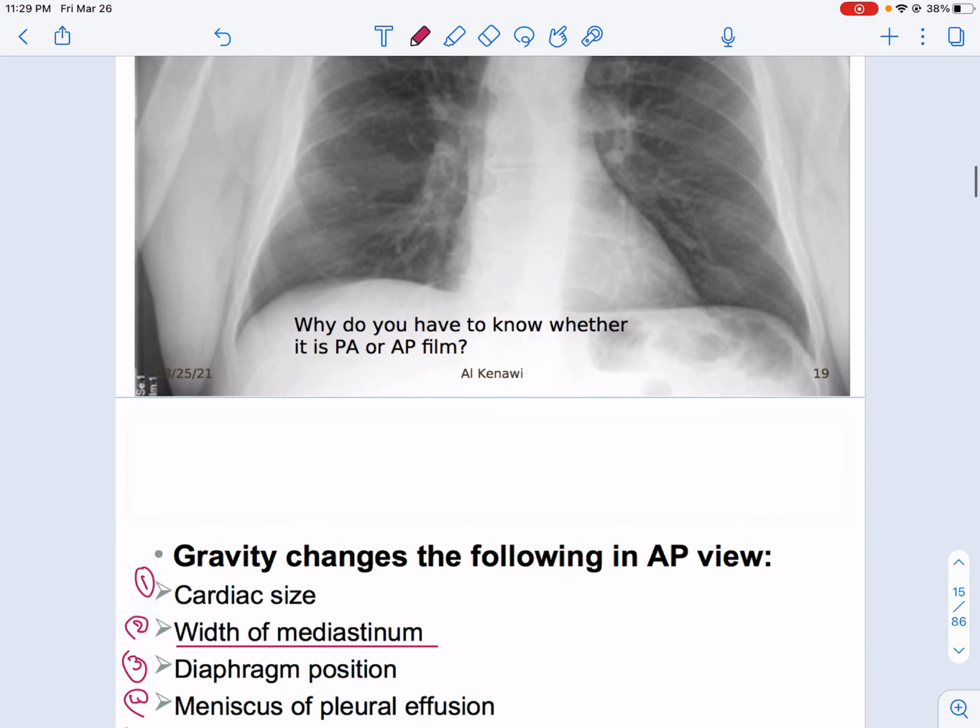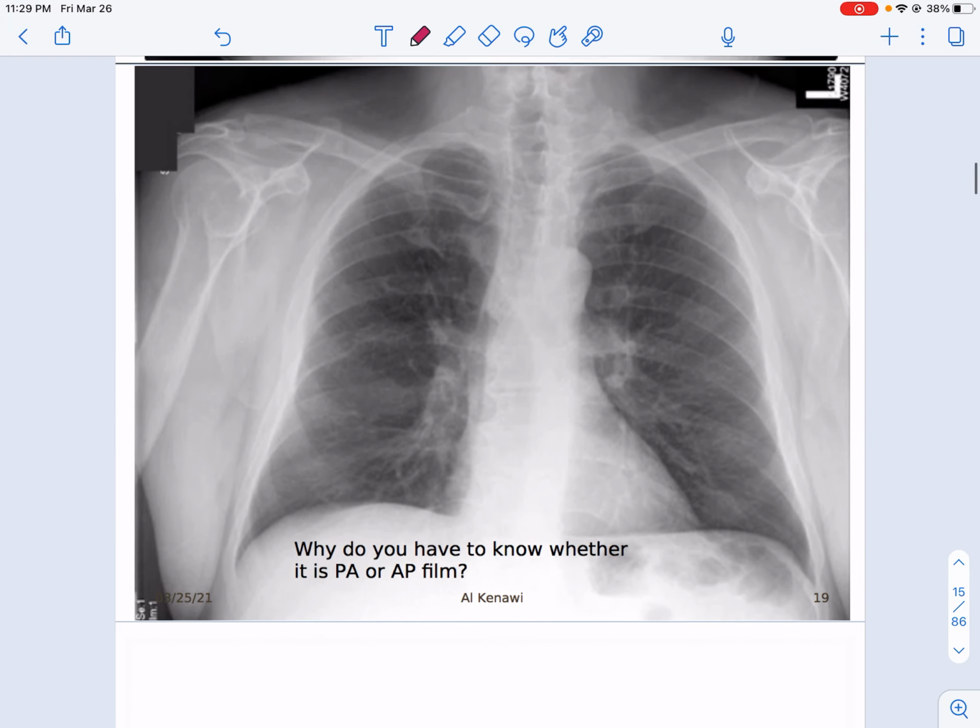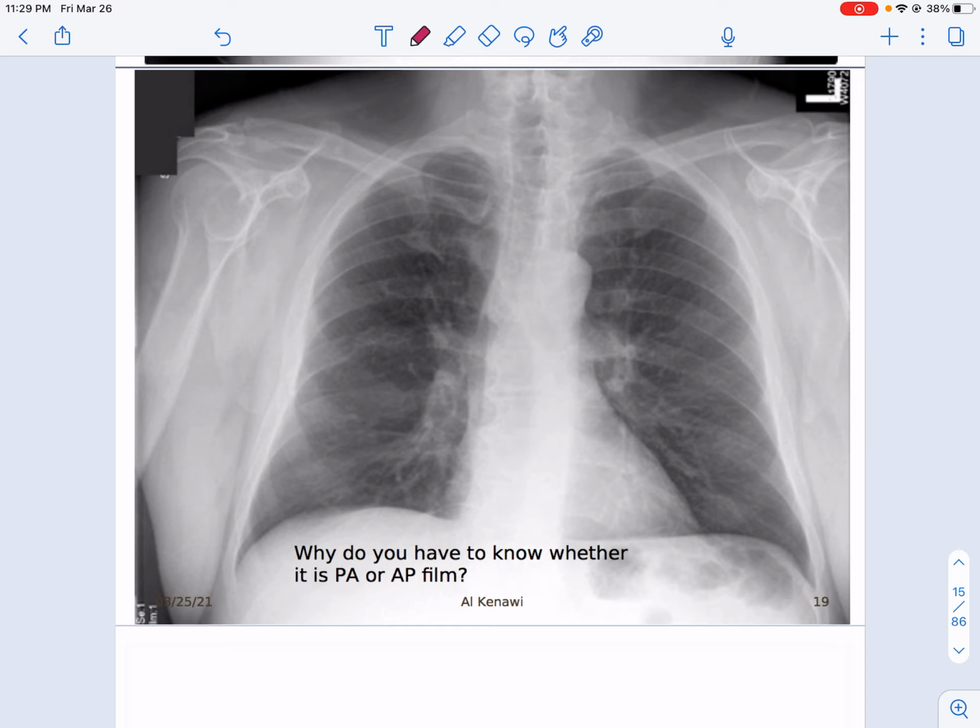And we already said, why do we have to know? If we want to interpret a chest X-ray,